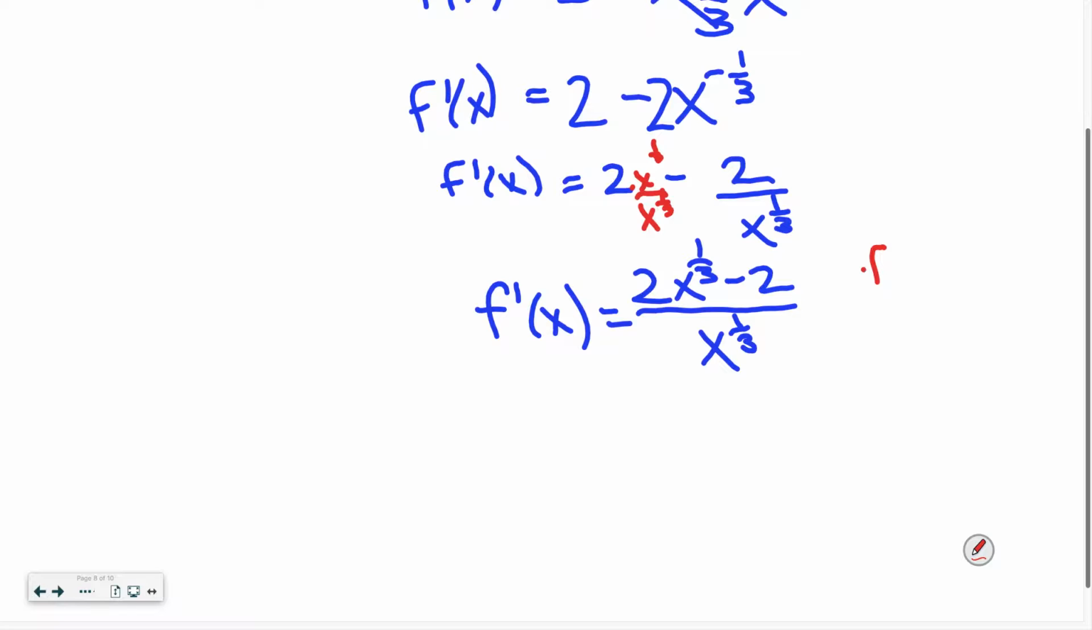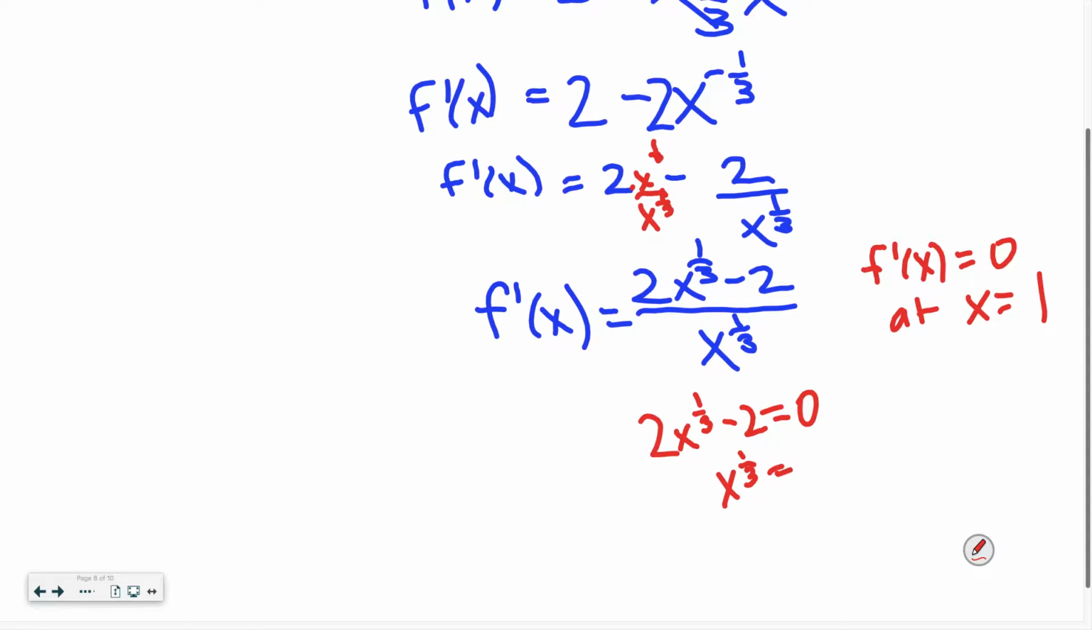Okay, so where is our derivative equal to 0? If I set this equal to 0, x would be what? Okay. 2x to the 1/3 minus 2 equals 0 gets us to x to the 1/3 equals 1, so x is 1. Okay. How about